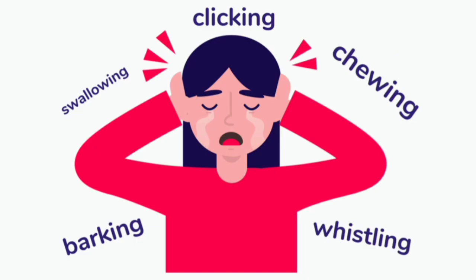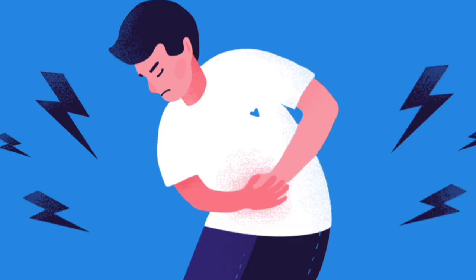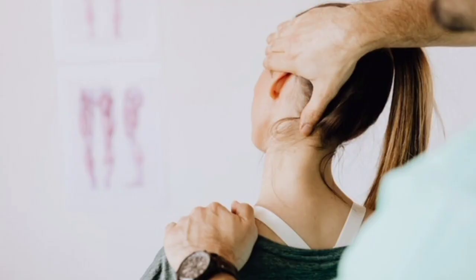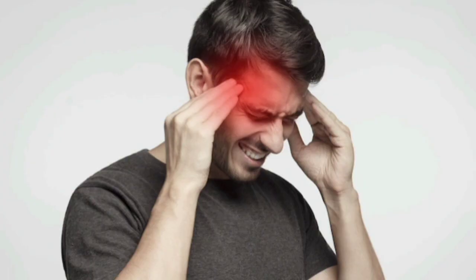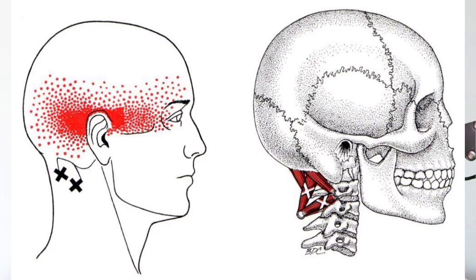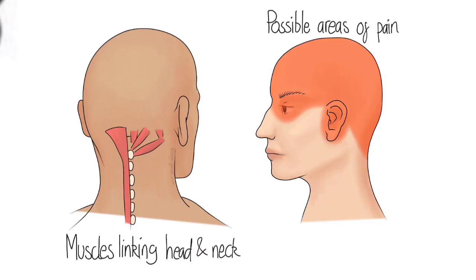Cervicogenic headaches can also cause symptoms similar to migraine headaches, such as light sensitivity, noise sensitivity, blurry vision, and an upset stomach. People with cervicogenic headaches often have a reduced range of motion of their neck and worsening of their headache with certain movements or pressure applied to certain spots of their neck. The headaches are often side-locked, meaning they occur only on one side of the neck, head, or face, and the pain may radiate from the neck or back of the head up to the front of the head or behind the eye. The headache may or may not be associated with neck pain.